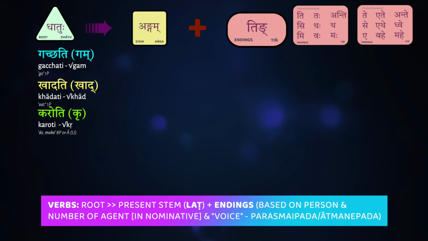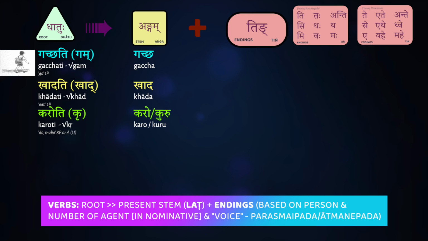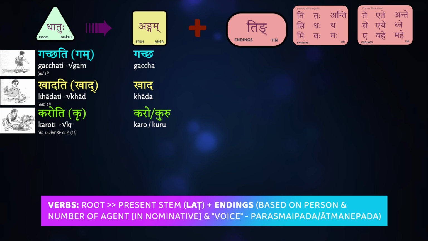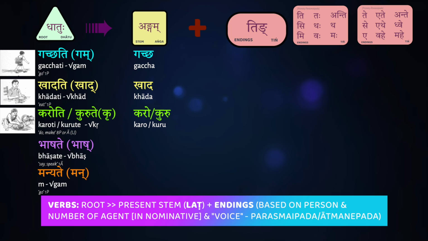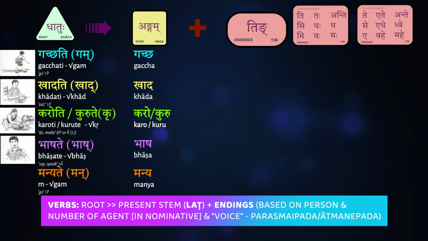So, what are some examples of this? For the Parasmaipada, we can work with these three verbs: Gachati, Khadati, Karoti. This would mean he, she, or it goes, he, she, or it eats, he, she, or it does. They're based on the three verb roots: gam, khad, kr. To go, to eat, to do, or make. On the Ātmanepada side of things, let's take bhashate, manyate, kurute from the roots bhash, man, meaning speaks and thinks,